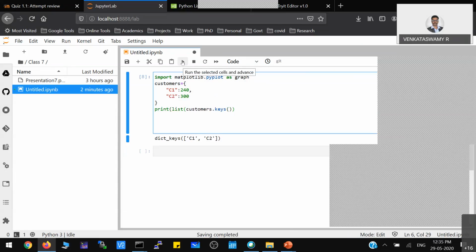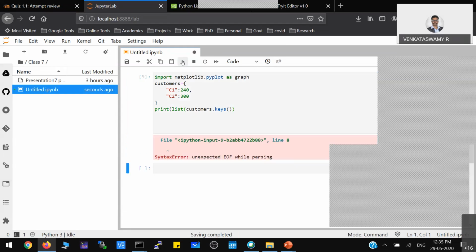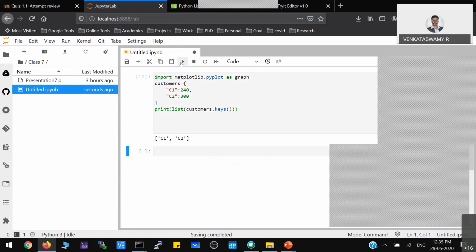So list followed by, so any other data type like list, tuple, or anything, you can use this particular function to cast the dictionary keys into a list variable. Okay, so something is missing. Yeah, one bracket is missing. Can you see here? Earlier it was dictionary keys. Now it is just the